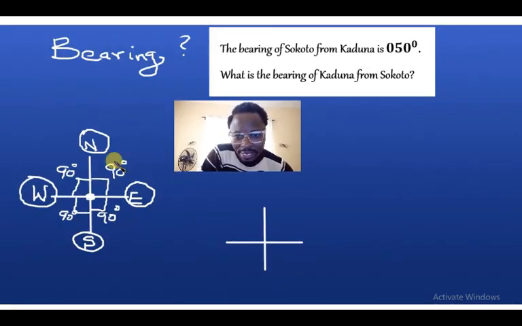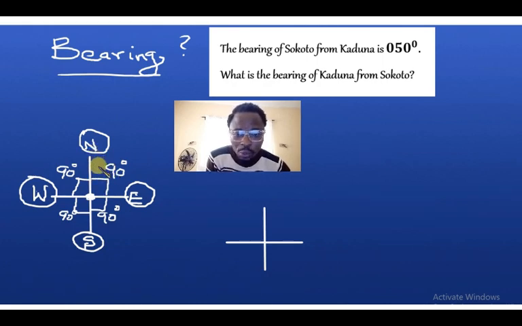The four main cardinal points are north, east, south, west. Now, what is bearing? Bearing is the angular relationship between two places measured in degrees from the north, which means